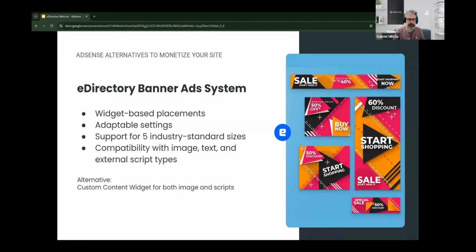So the focus of our webinar is the banner ad system of eDirectory. eDirectory offers a robust banner ad system which provides widget-based placements. So it's super easy to insert a banner on your website because it's all widget-based. So if you have